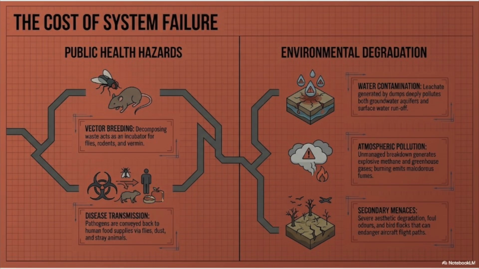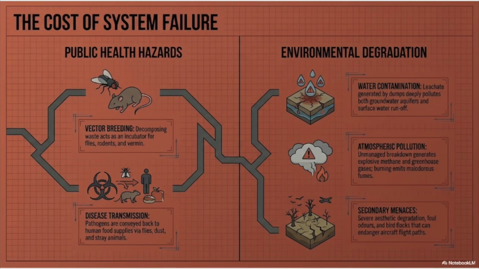When this system fails, the cost is severe, and it falls into two categories. On the public health side, we see vector breeding, where decomposing waste acts as an incubator for flies, rodents, and vermin. This leads to disease transmission, where pathogens are conveyed back to human food supplies through flies, dust, and stray